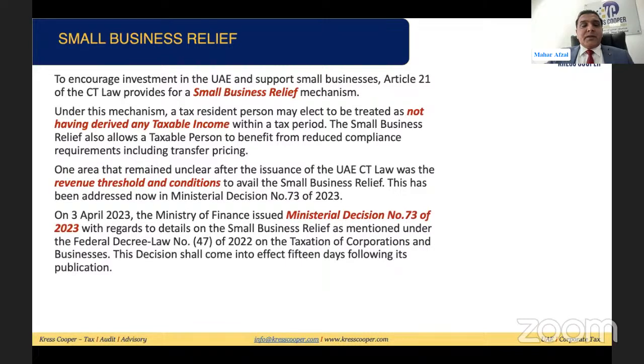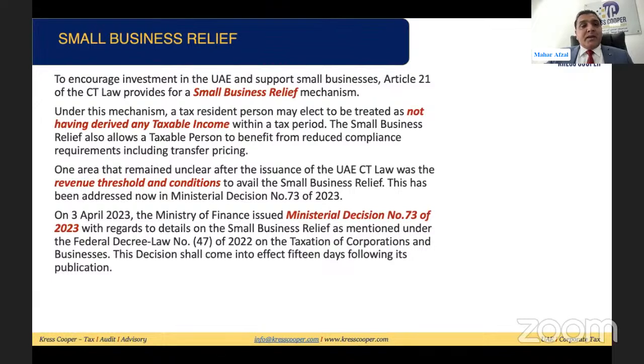Under this mechanism, any resident person may elect to be treated as not having derived any income during a tax period. Basically, they have given a threshold. If the income of a taxable person is below the threshold, an option is given to the taxable person to opt for small business relief. In case they opt for it, they will not be liable to pay any corporate tax,